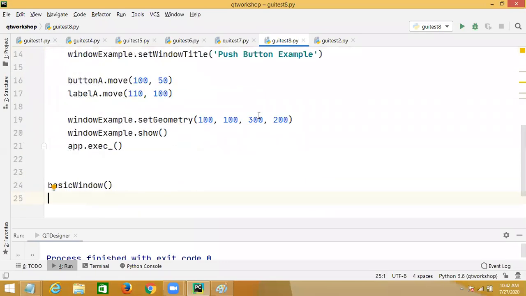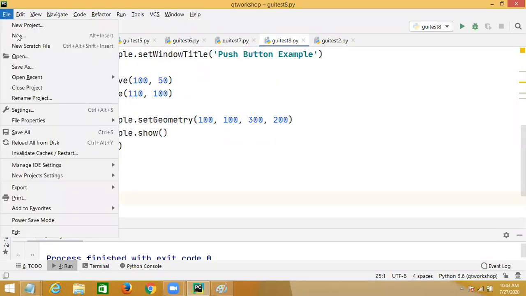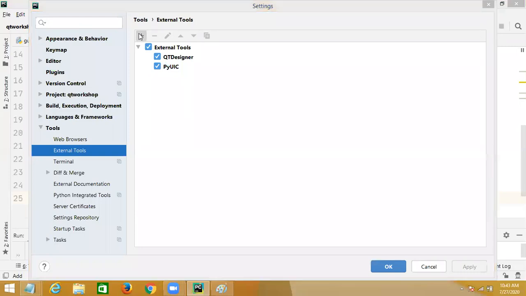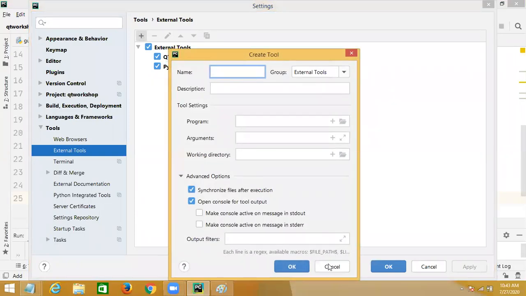This is where you find a difference between Tkinter and Qt Designer: it allows you to develop in both ways. If you install PyQt tools, it will install, but it will not configure in PyCharm. To configure, go to settings, and there you have external tools, and you should add it from here. Whichever tool you want, you just add that tool.